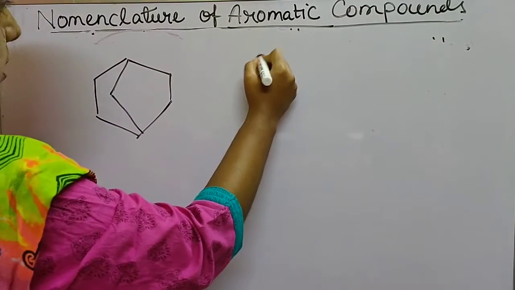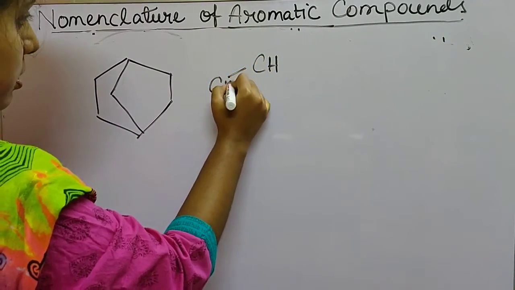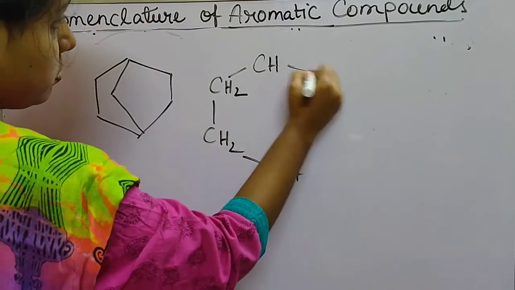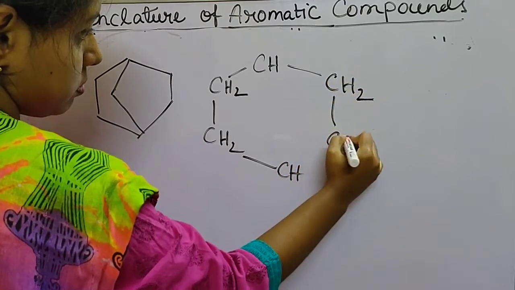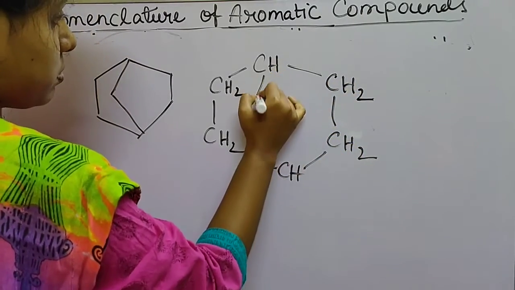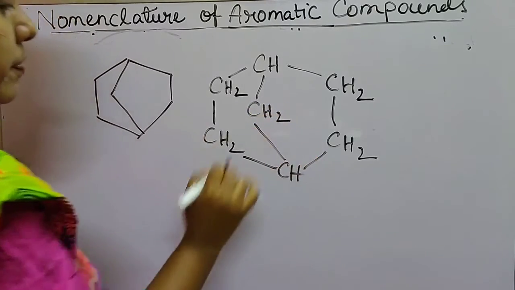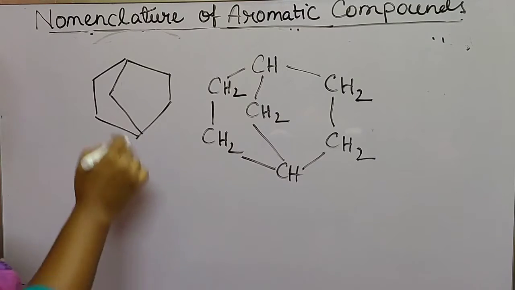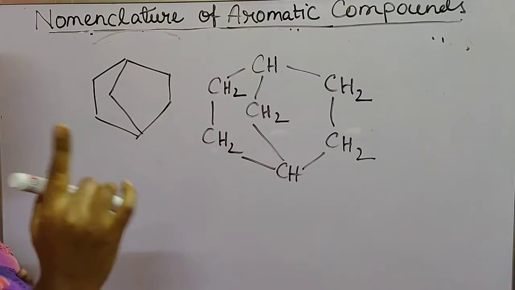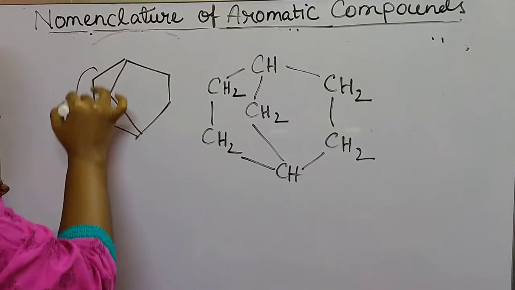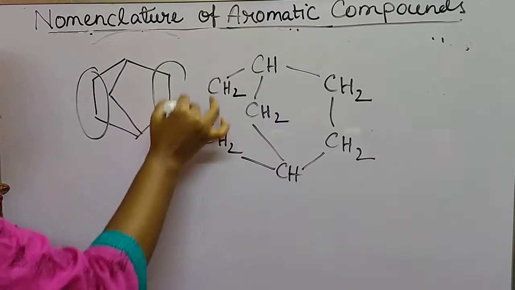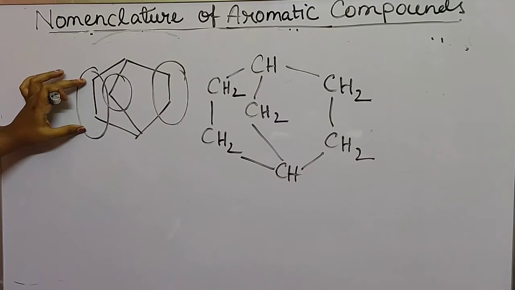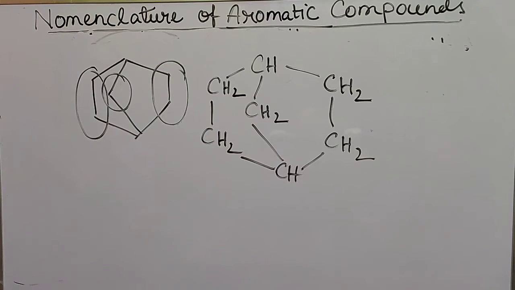That means if I could see their bonding, okay, this type of bonding is present. So now here we could see that in this compound there are totally 3 bridges. One is this bridge part, this is one bridge part, and in the middle this is one bridge part. So how many carbons are there in this bridge part? There are totally 2 carbons.